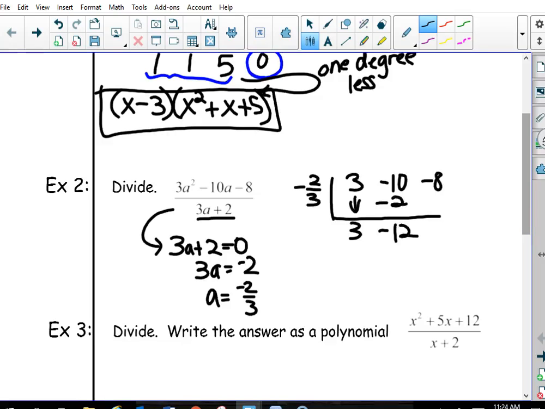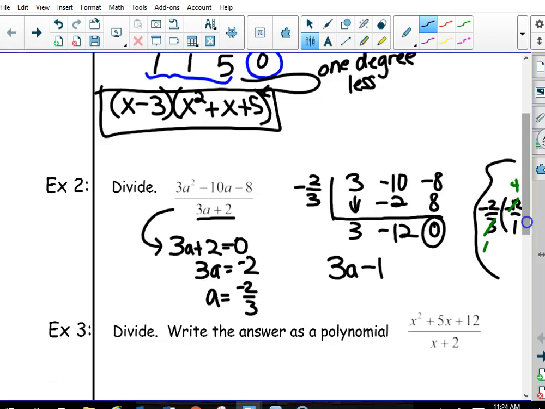Negative 12 times negative 2/3, I'm going to do some margin work. And then I can see my answer. Looks like it's a positive 8. And we get a 0. So the result of our division, again, we started out with a squared. This is going to come down by 1, is going to be 3a minus